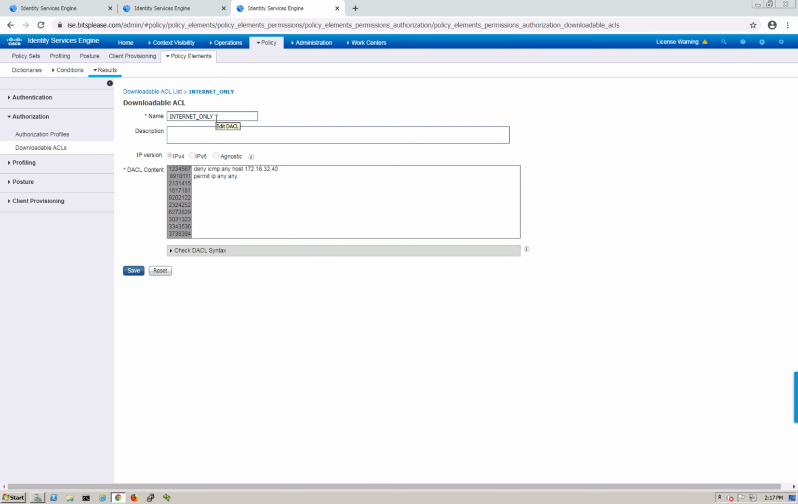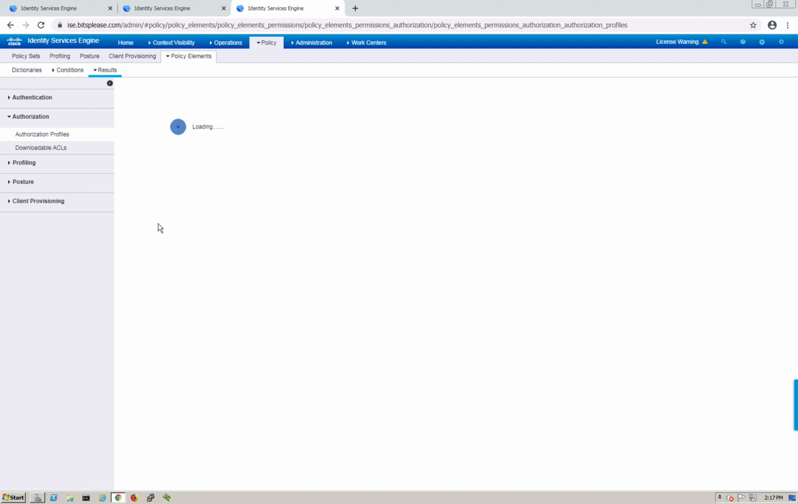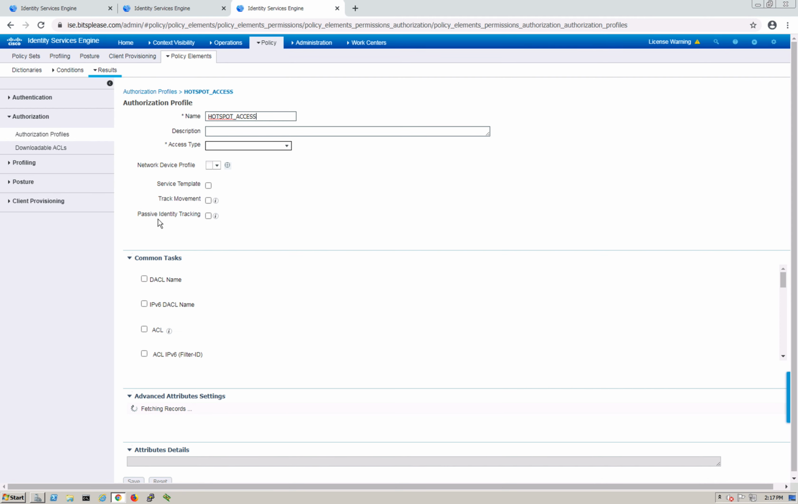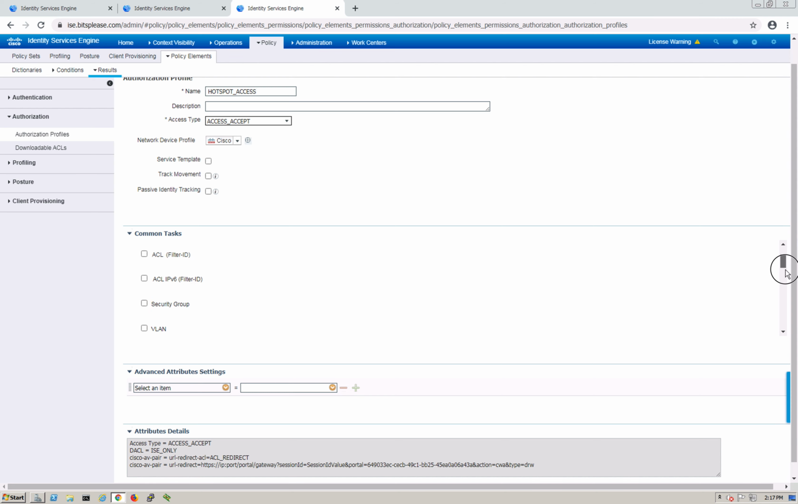Now going back to our authorization profiles, your downloadable ACLs have no meaning if they are not attached to any authorization profiles, right? So that's where we'll basically use this. The first one is the hotspot access. This is the first authorization profile which will kick in, where, look here, we have used the DACL which I showed you earlier, the ISE only DACL, and the second one is the